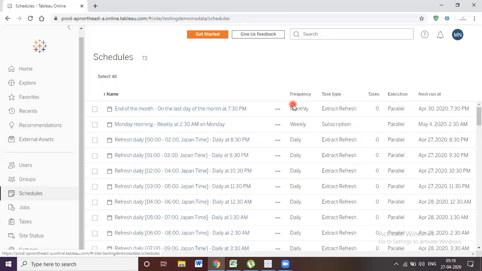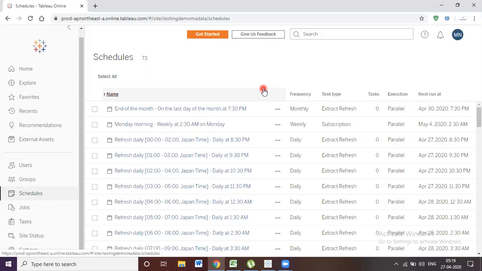For example, if your time is not listed here, as I said, even admins are not able to authorize creating the extract schedule. So we have to ask our main server administrators to create the schedule as per our time. Whichever time you give, accordingly he can create and enable that one.